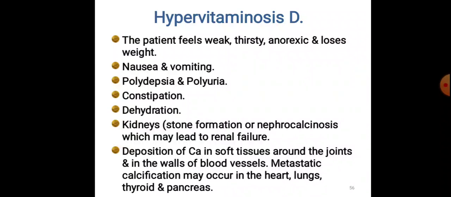So, today we discussed the biochemical role of vitamin D, the sites of action of vitamin D. Then we discussed the deficiency diseases associated with vitamin D, which are rickets and osteomalacia. Then the daily recommended allowances and also the sources, and lastly hypervitaminosis also. Hope the topic is clear to you.